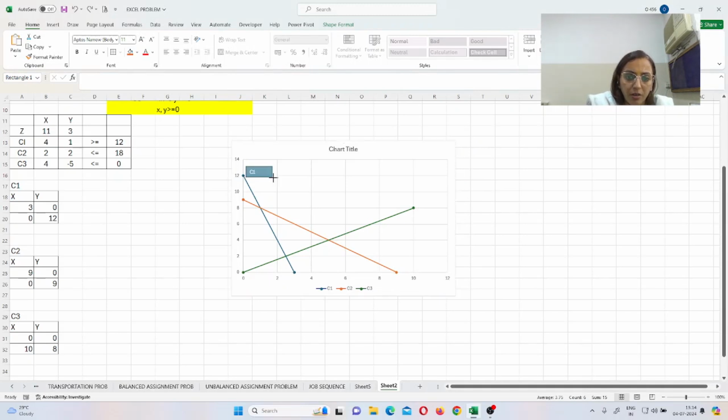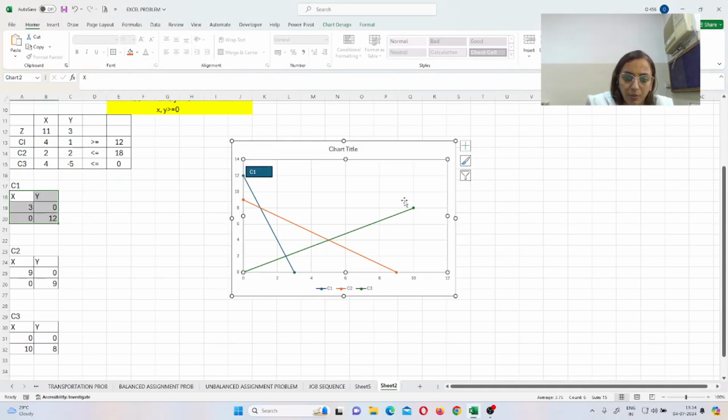Copy C1 and put it over here as C2. It's not getting over there, but I want it to be in this area. It is possible. Then coming up next, what we have to do is actually find out the portion of the feasible area. That is the most important thing.